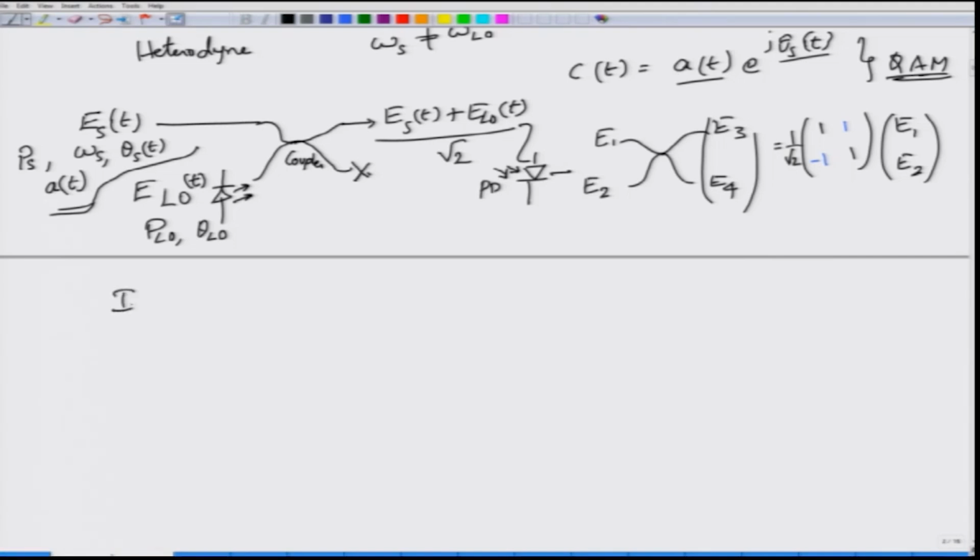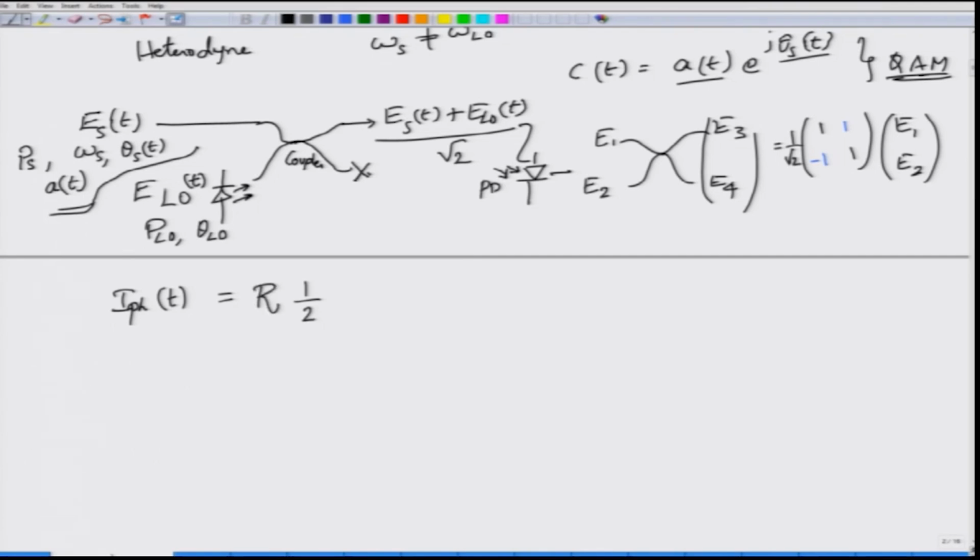If I call the output of the photodetector the photocurrent IPH of t, pH stands for the photocurrent in our notation. So, IPH of t is given by 1/2 because the photocurrent is proportional to the intensity of the incoming signal, right. So, intensity is mod electric field square,